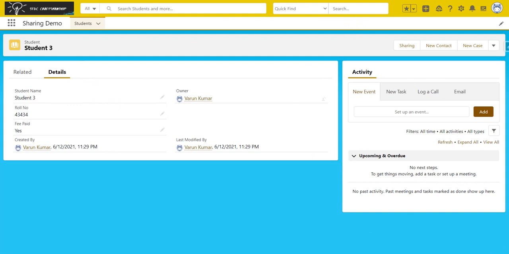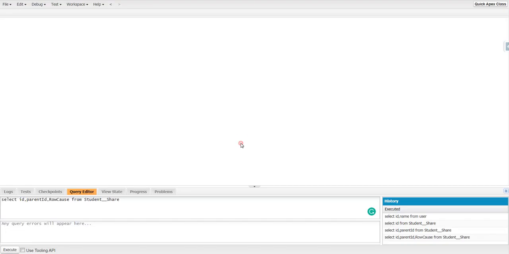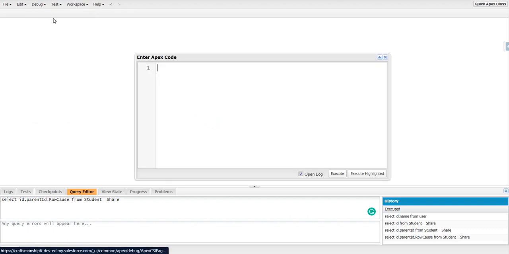For that, I'll open my developer console and open the anonymous window. As I said earlier, for every object there will be a corresponding share object. This is the share object.